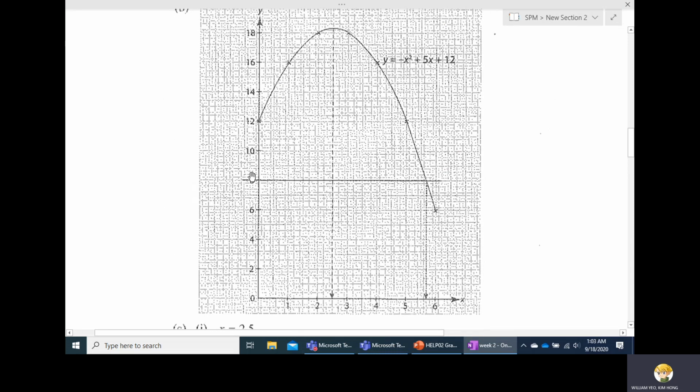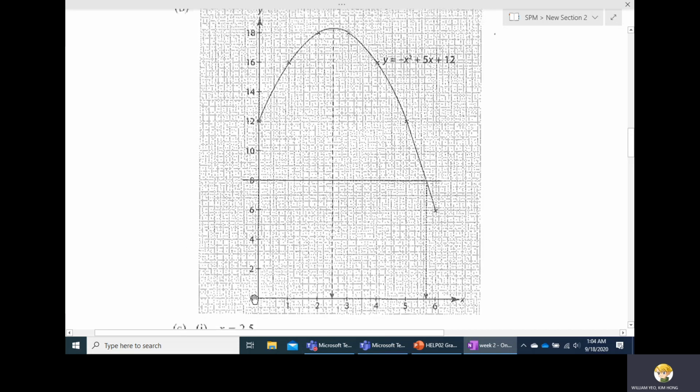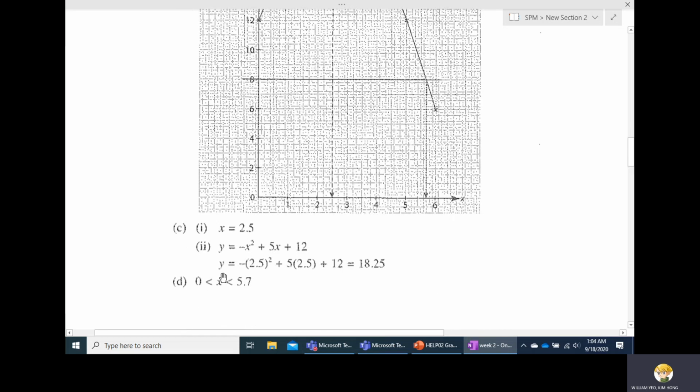So y more than 8 means all this, from here to here, excluding this part. So from here to here, 0 to 5.7. This one might not be clear, so you can try to draw this on your own graph paper, but the answer is all given to you. So what is the x? 0 to 5.7. This is very different from the question that we have discussed, right? Just now, all the questions that we have discussed, what do